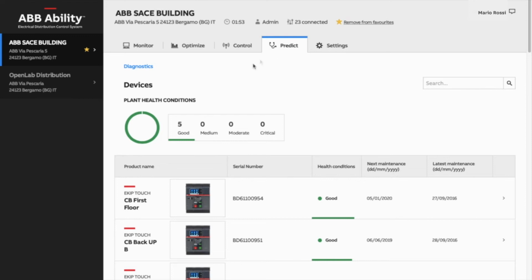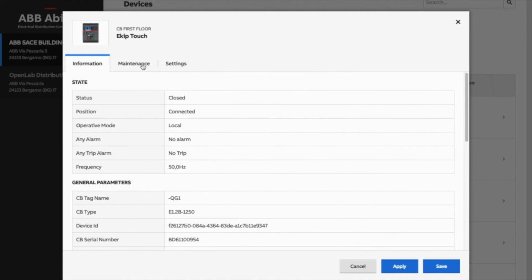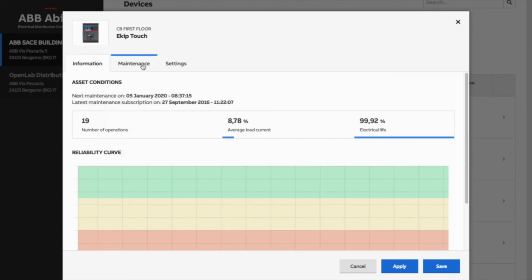The ABB Ability Electrical Distribution Control System lets you optimize operating conditions by enabling you to move from a routine schedule basis to real needs-based maintenance. The ABB Predictive Maintenance Algorithm, available for Emax 2 and eKIP Up, makes maintenance smarter, quicker, and less expensive by allowing you to remotely monitor power system health, and it provides a predictive maintenance analysis so that service is only